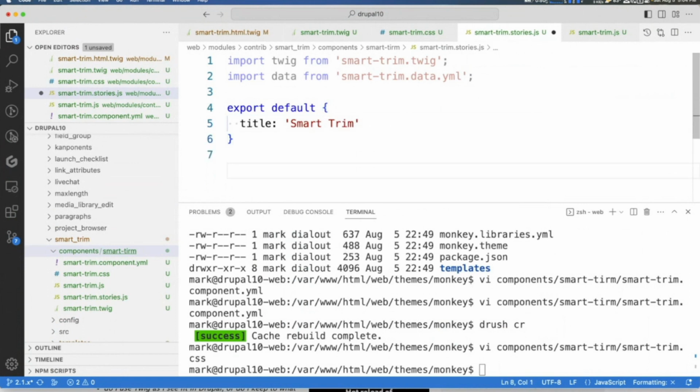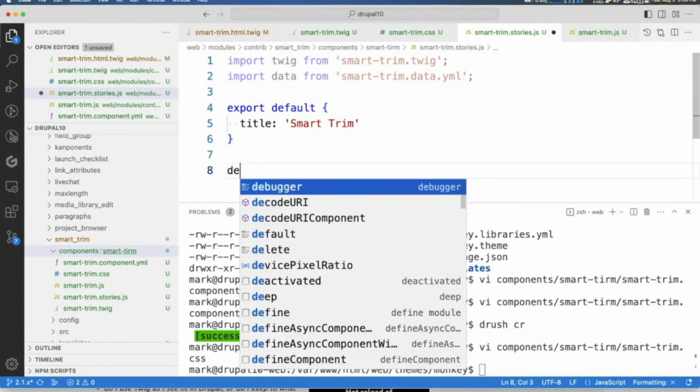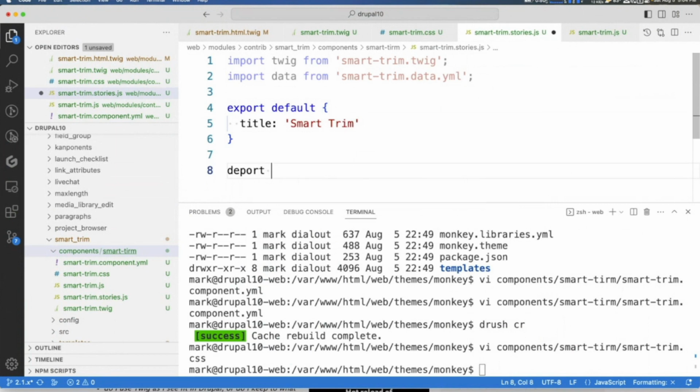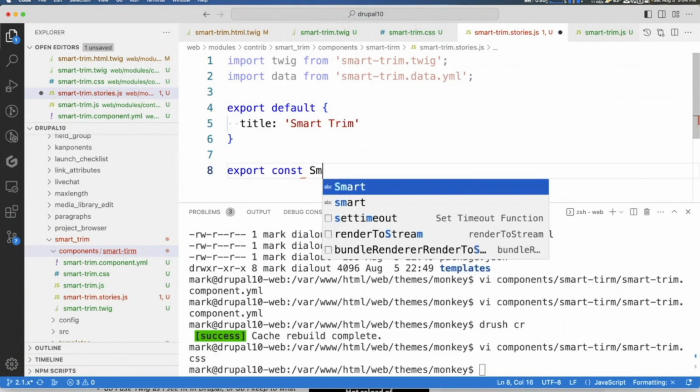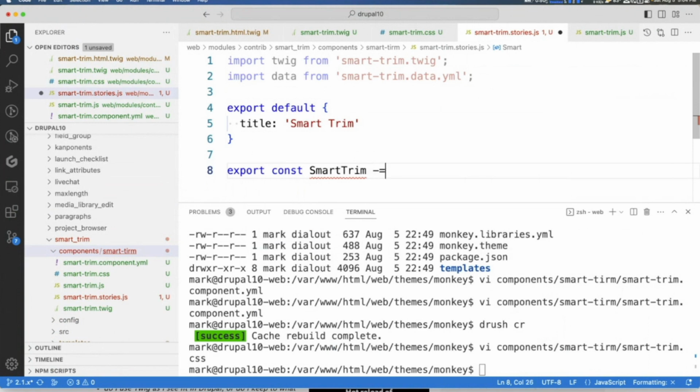And then finally you would export const smarttrim equals twig with passing in data.